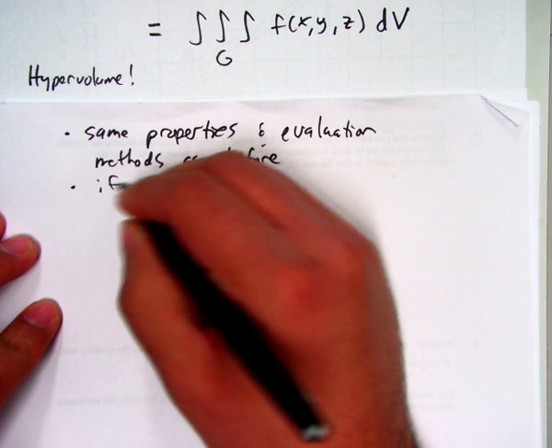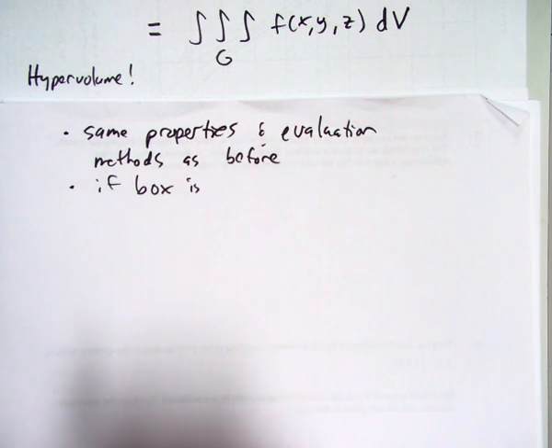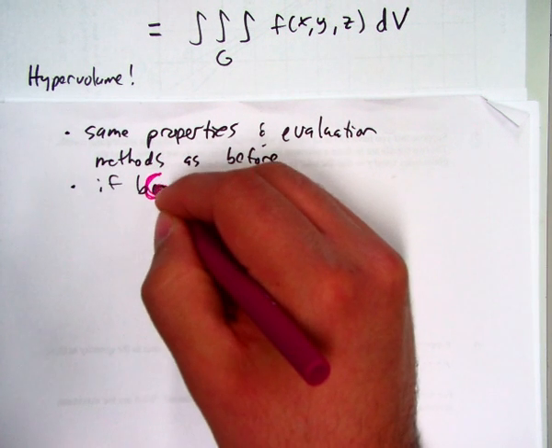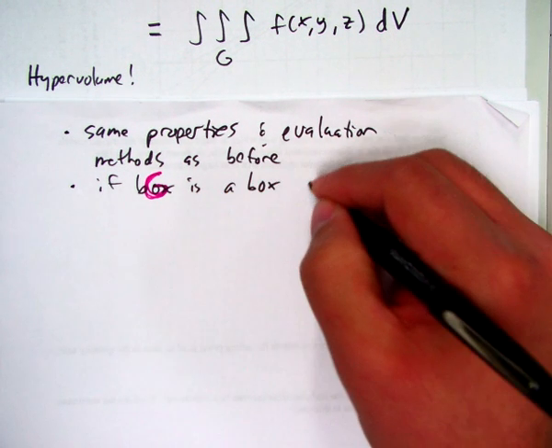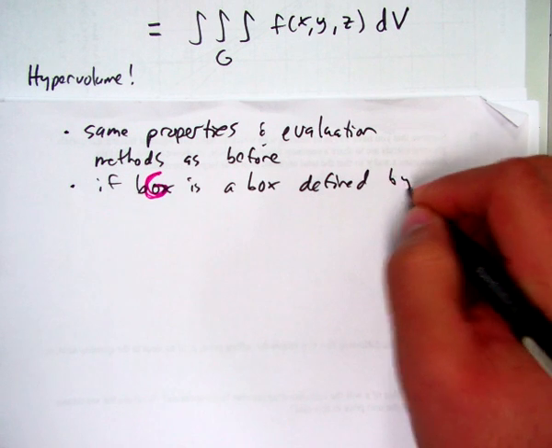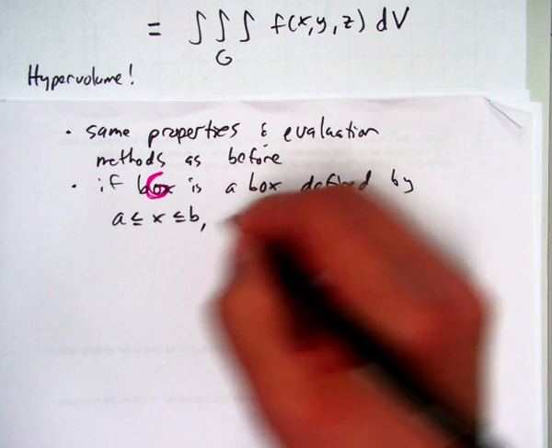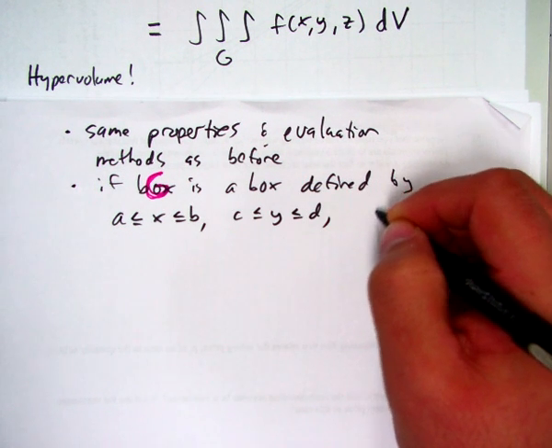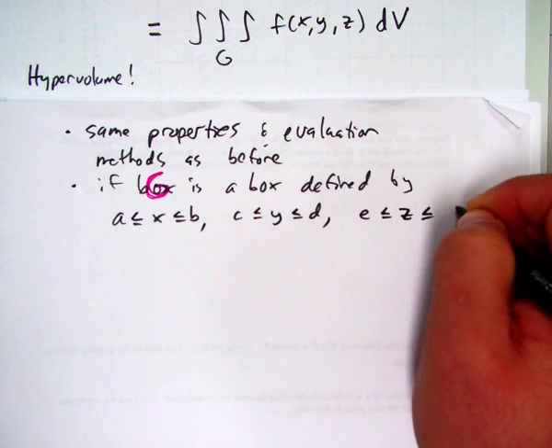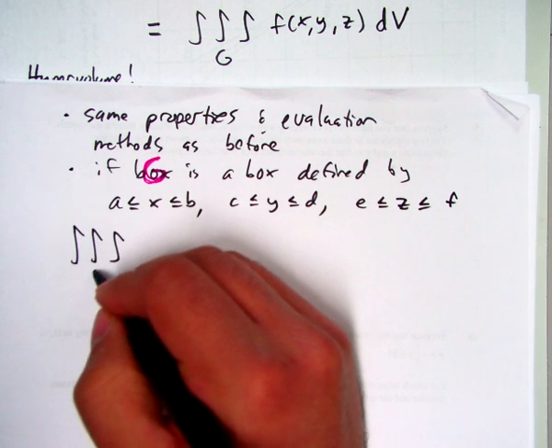If the solid G is a box defined by constants for x, so let's say x is between a and b, y is between c and d, and z is between e and f, then the triple integral over that solid, over that box,